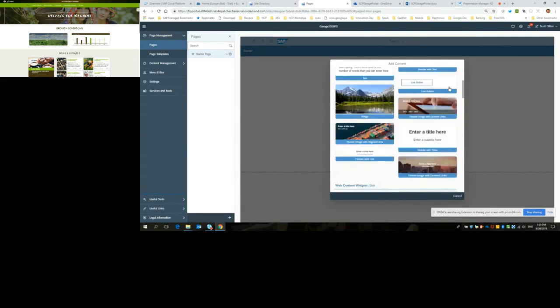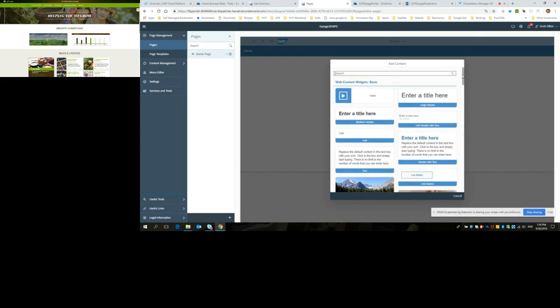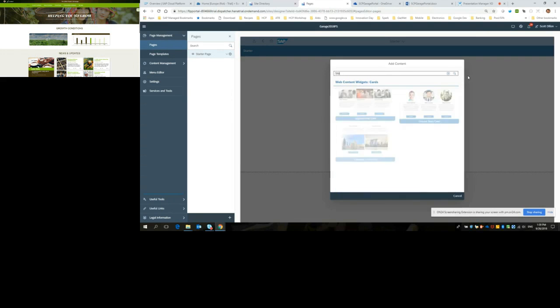You see here rich text editors, so this reflects most needed widgets. And what we want to do first for our site, for the course here, is add what we call the story card. You can use the search for story card, or you can go down and select the circular story card,